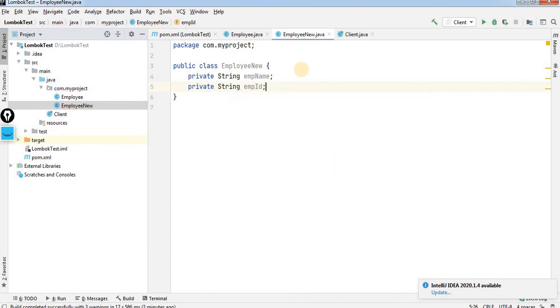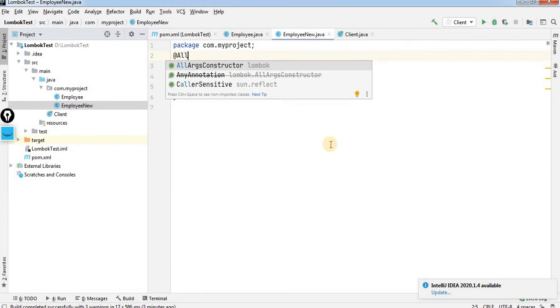Now what will happen here? Because I am going to use the Lombok API, I am not going to provide the argumented constructor, and I am not going to provide the setter and getter methods. All these things will be done by the Lombok API, and for that you have to use some annotations. For the argumented constructor, we are going to use @AllArgsConstructor.